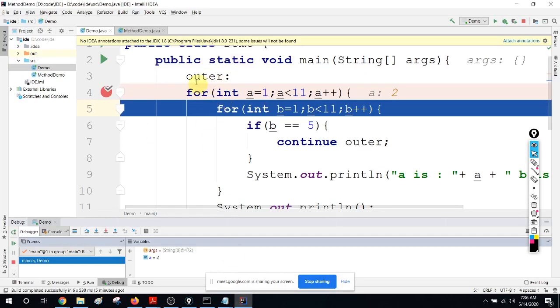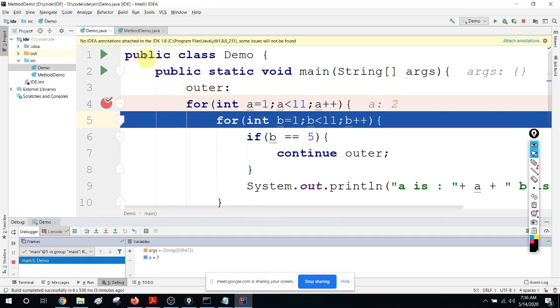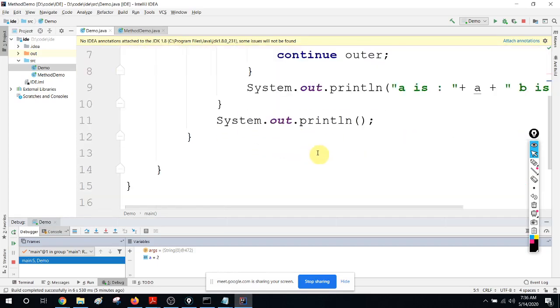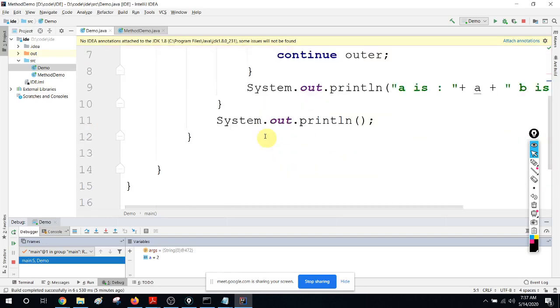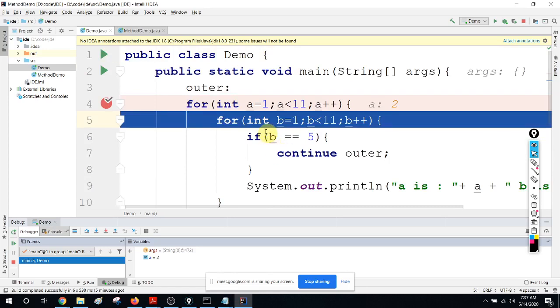Now remember, how many keywords have we done so far? Public, class, static, for, continue, while, do, if, switch, case, right? All the data types are keywords too. So now we have done more than 20 keywords. Also, when you are using an IDE, all the keywords are highlighted, so you will get familiar with them very fast. But these are not keywords: System, out, println. Those are class names and method names. Whatever is highlighted here are the keywords.